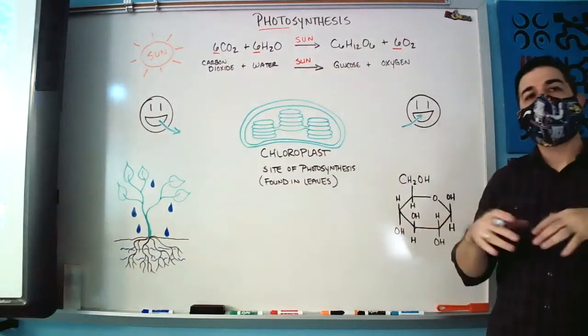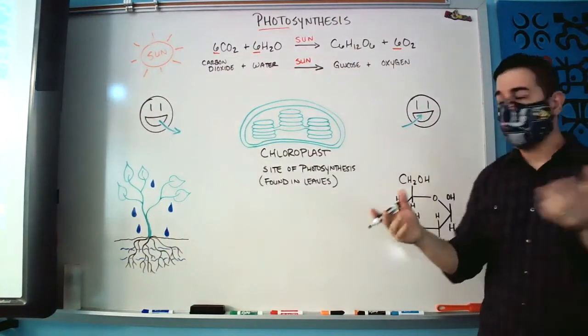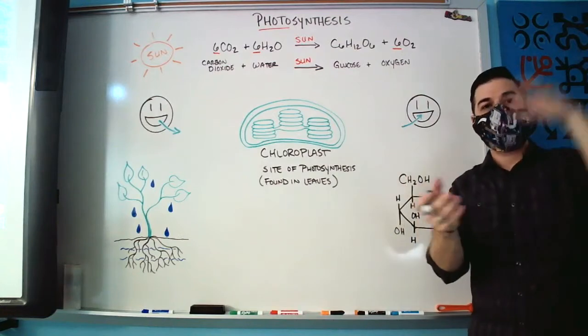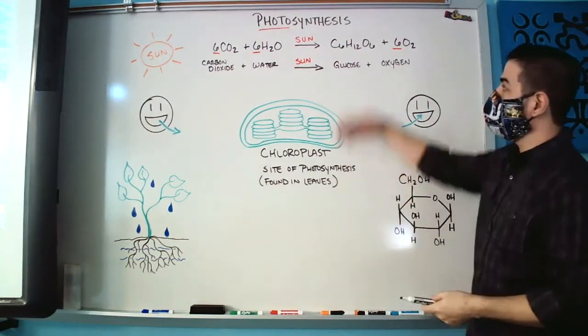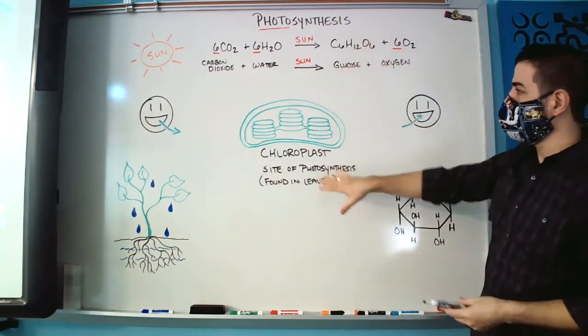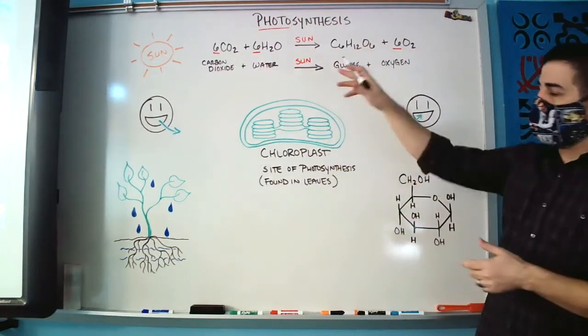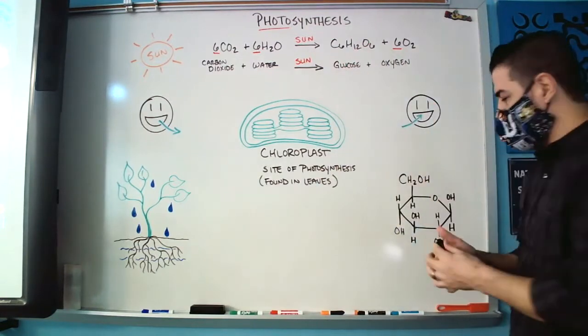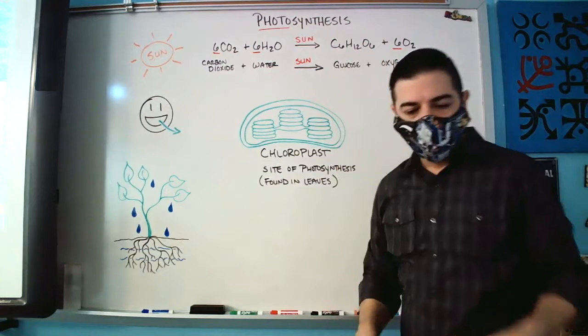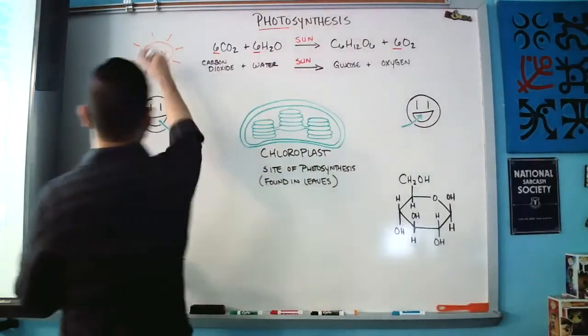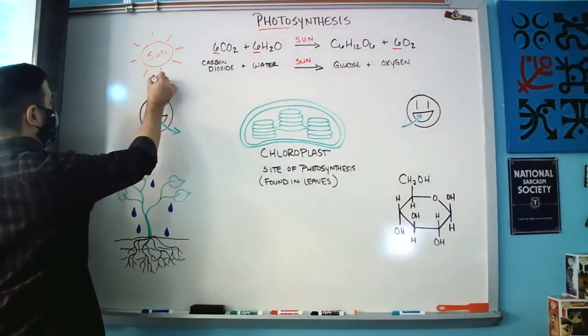Now keep in mind, the whole point of the leaf, we looked at plant parts recently, the whole point of the leaf is to be a nice broad area for sunlight to hit it so that we can actually undergo this process of photosynthesis. Now when we look at the ingredients for photosynthesis, we're going to start with the sun, and it's okay if yours is not color-coded. We get sunlight,